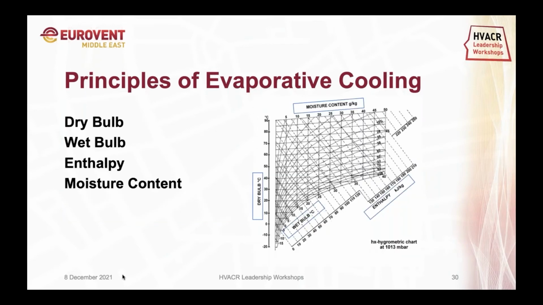Now, what is happening inside a cooling tower? If a mechanical engineer wants to see how it is happening thermodynamically, we know that there is a hygrometric chart, and the important aspects on it are dry bulb temperatures, which are the horizontal lines, and vertical lines, which represent the moisture content. Then we have inclined lines, which represent the wet bulb and the enthalpy lines. And at the bottom we see the 100% saturated line.